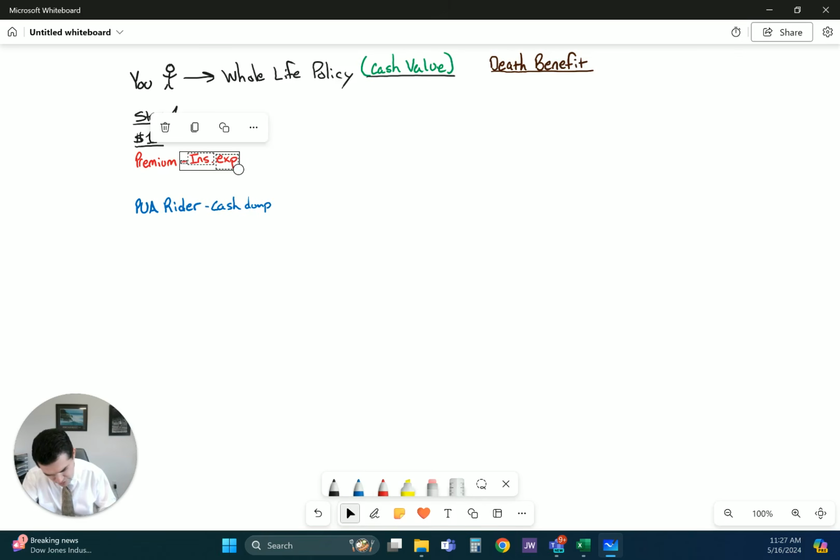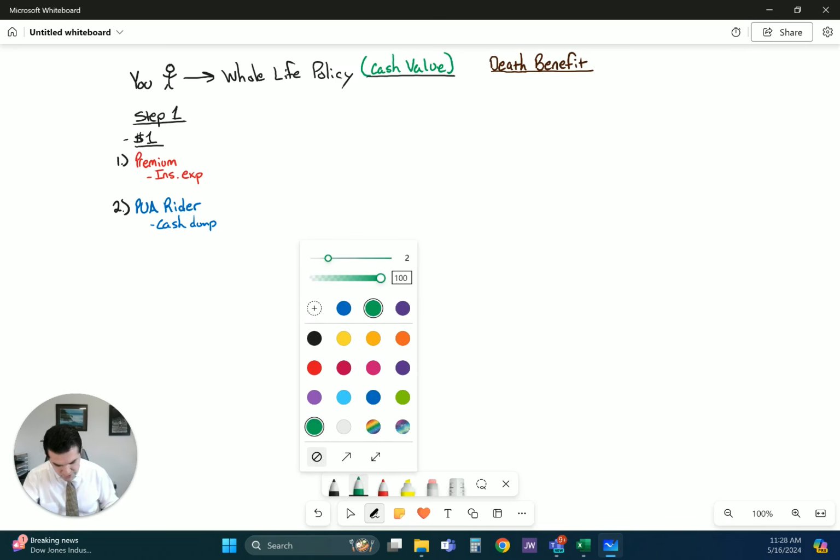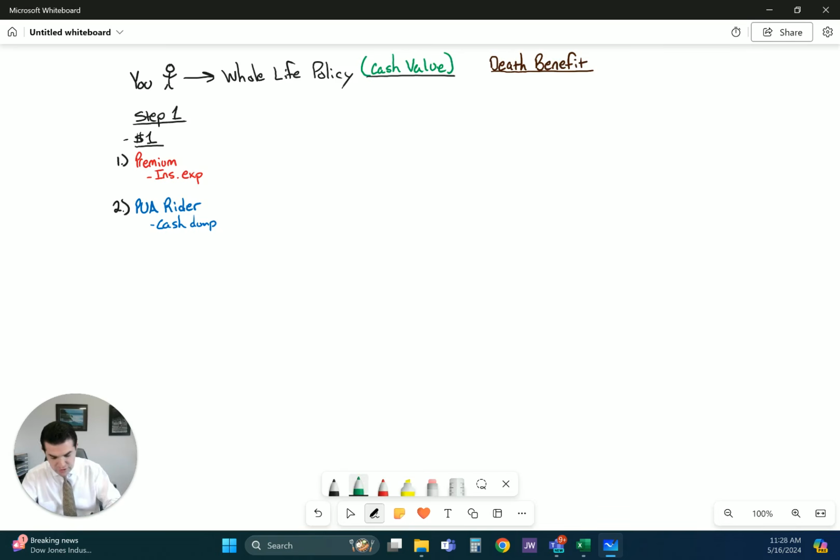So let's do this actually, just to make this a little bit cleaner. Okay, so again, you're going to pay $1 in, and your dollar can go toward one of these two areas. Where should you put it? And this is how you build cash value. This is very important to be aware of, because if you say to a life insurance agent or an insurance company, hey, I'd like a life insurance policy prioritized for cash value, you won't always see them go through this,